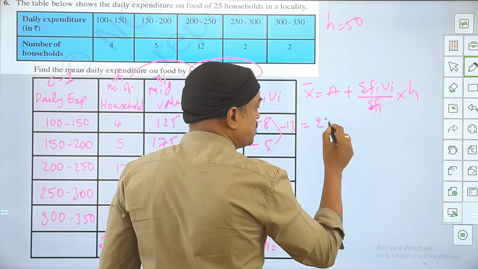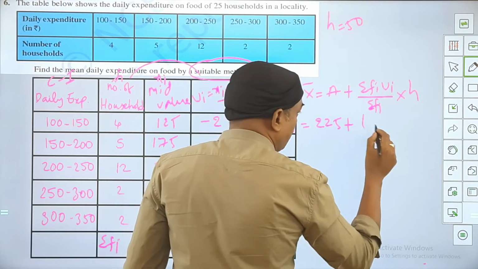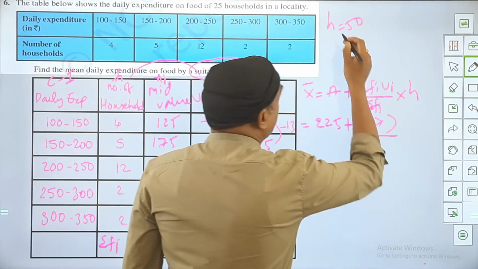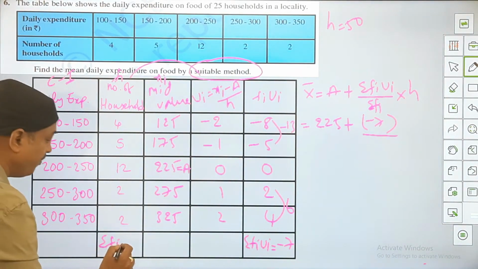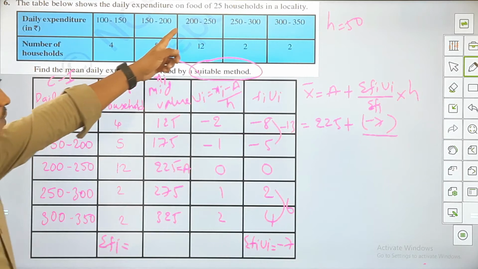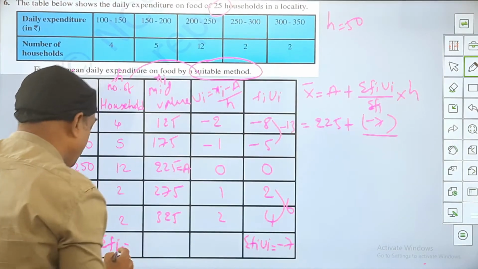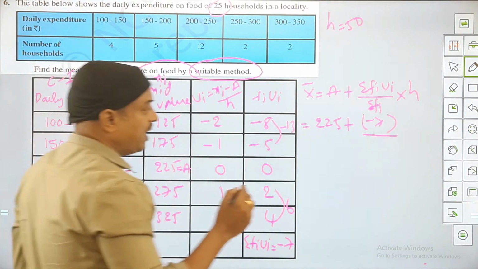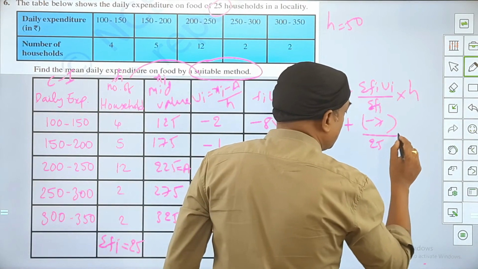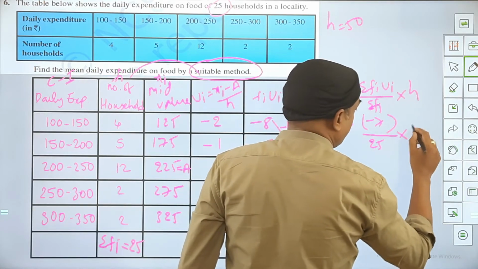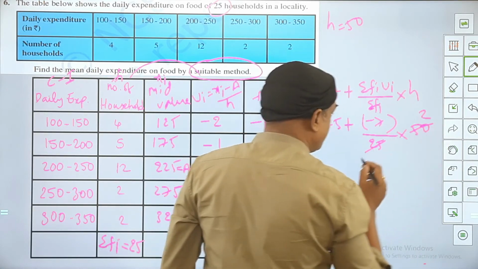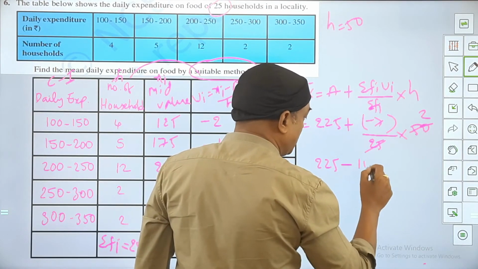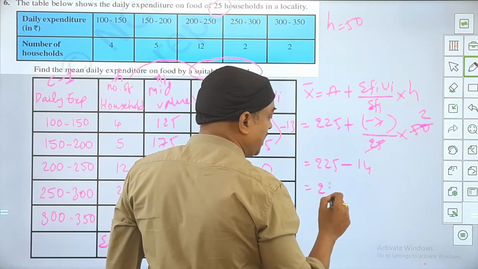Substitute the value of A, which is 225, plus minus 7, as you can see, minus 7 over here, upon Fi. What is the summation of Fi value here? It is for how many families given in the question? 25. You can see this 25. So definitely this value has to be 25. Number of households are 25, so I'll take 25 here into h. What is h? 50. So this gets cancelled by 2. Simple. It is 225, and this is going to be minus 14 is what I get, and ultimately 211 is